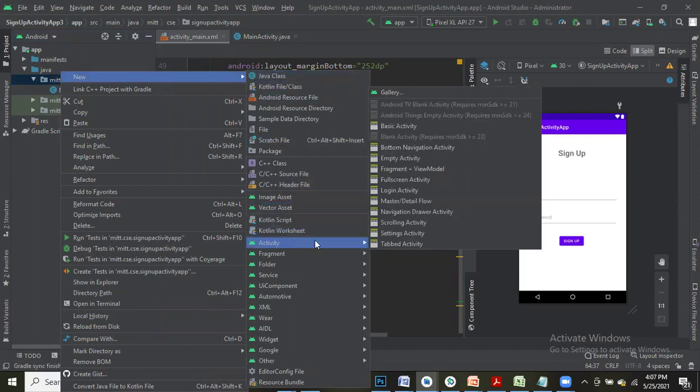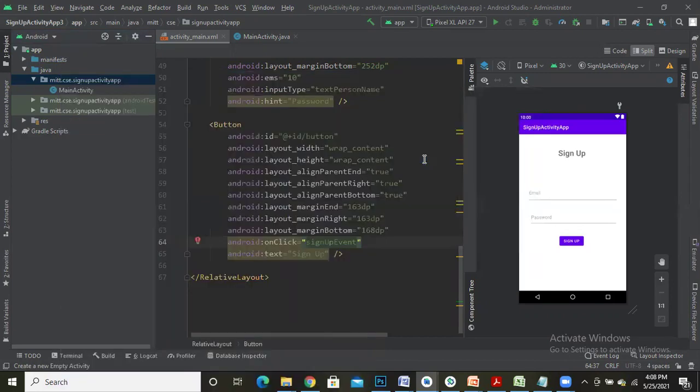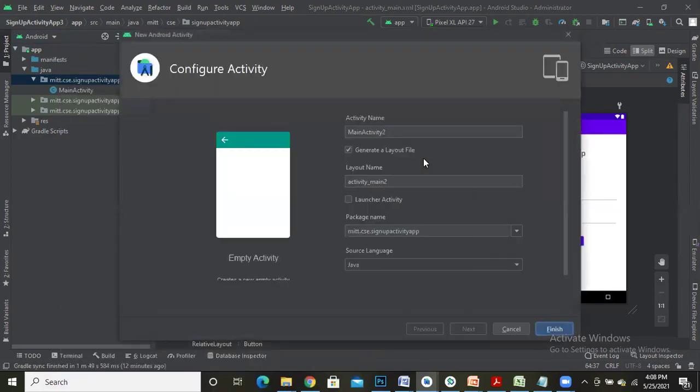So in that activity, we have the different activities which were shown to you while creating an Android project. The same activities will be shown here. So let me select the same empty activity. It is asking me the name of this activity. Let me write it as login activity.